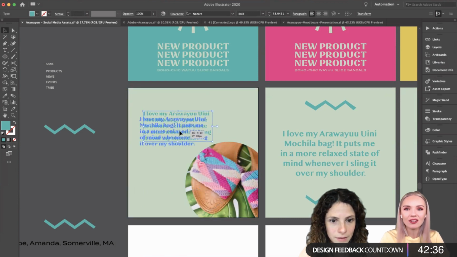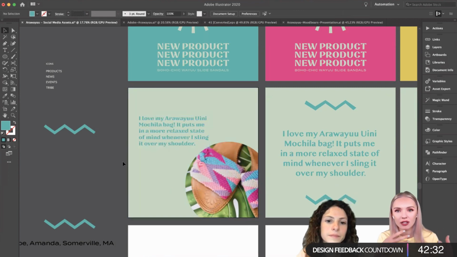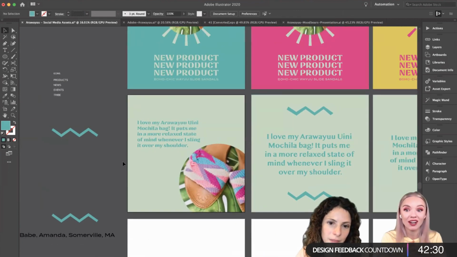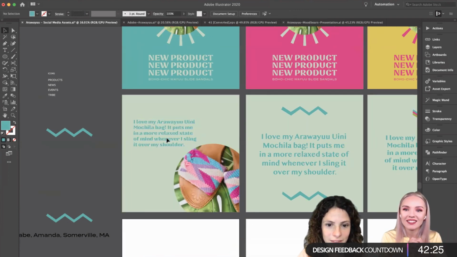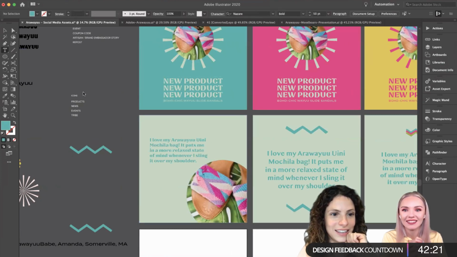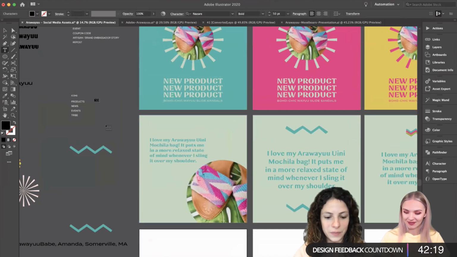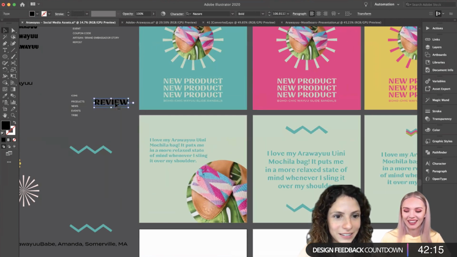Awesome. I think these are looking so great. And because you're using the same typefaces and similar colors, you're sticking to your color palette, of course, it kind of looks like it all belongs together. And I think it's great. It's coming out amazing. Let's review. I don't know if she needs a headline.